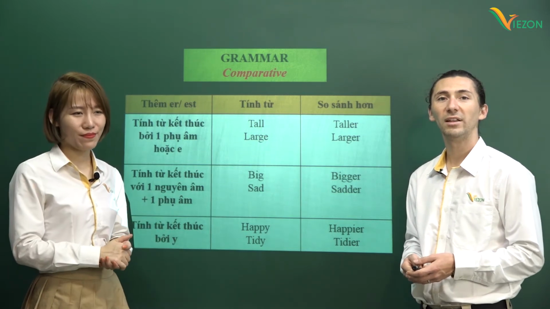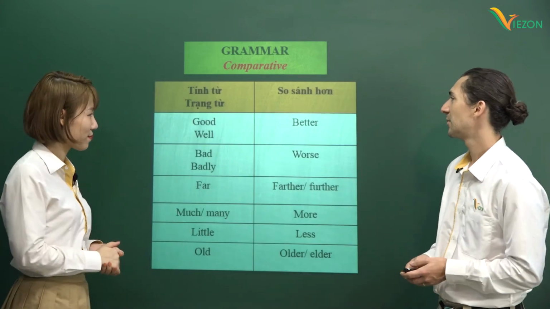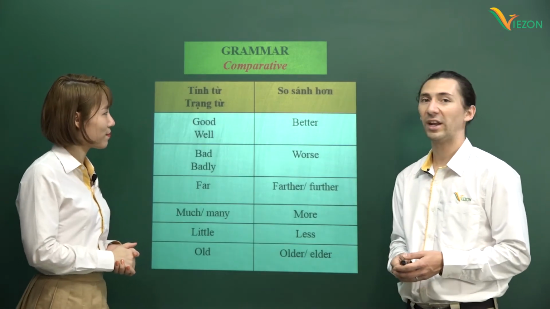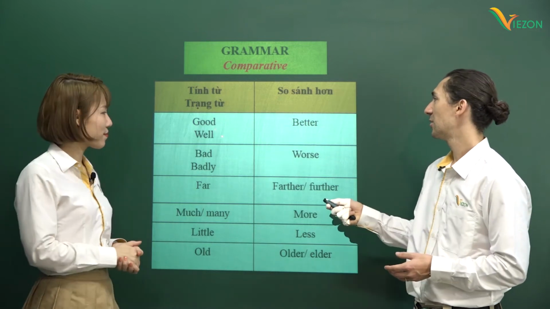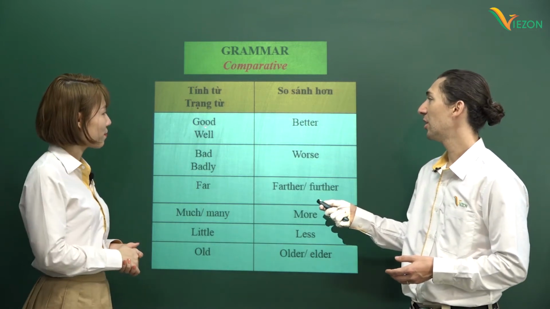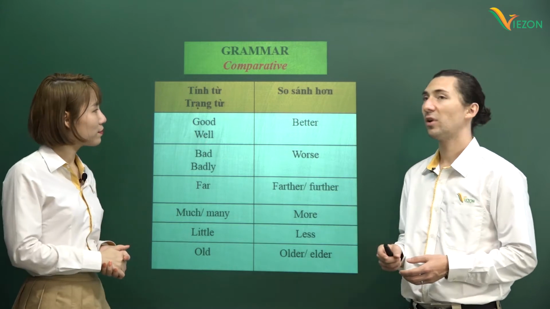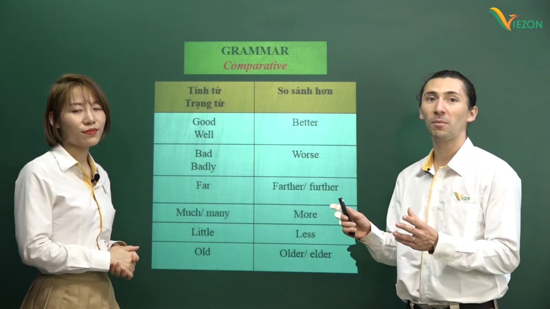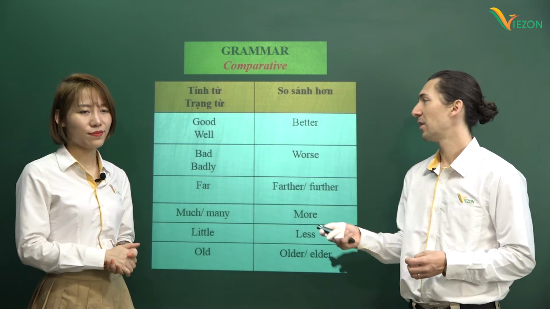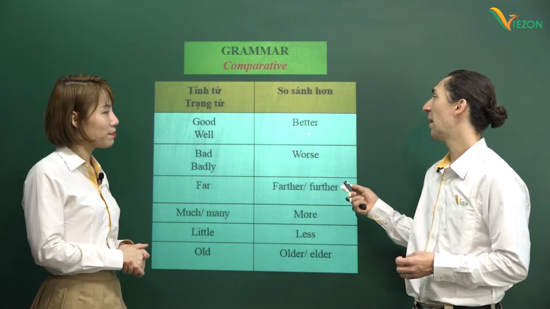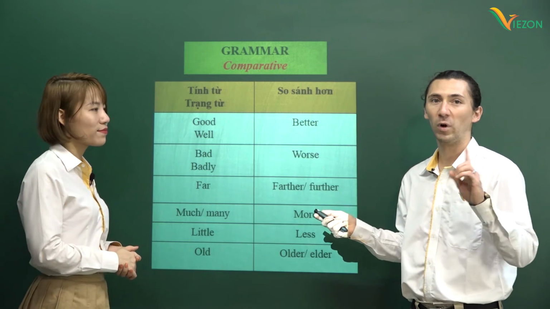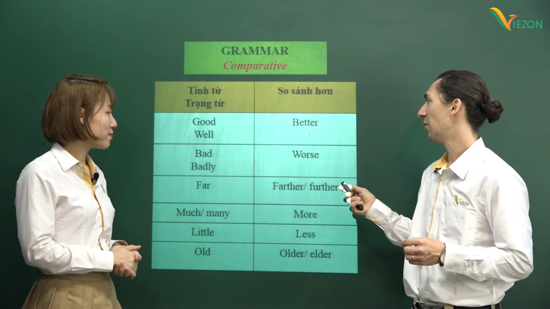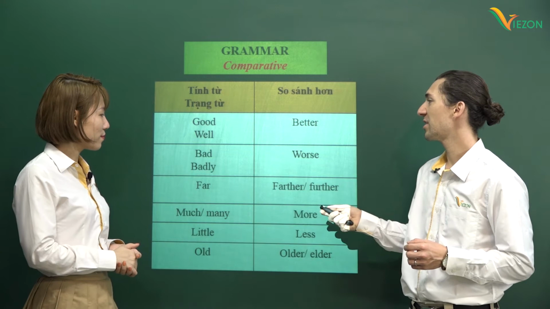Teacher Manny: All right, let's look at the next. So now we have a list of irregular comparatives. All right, this is a list of irregular ones. So we have a couple words here, good and well. So these ones, we don't use the long form and we don't use the er form. This one, it goes to better. So we don't say gooder or we don't say weller. We say better. All right, we have a couple more examples here.